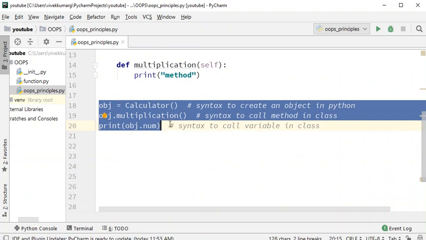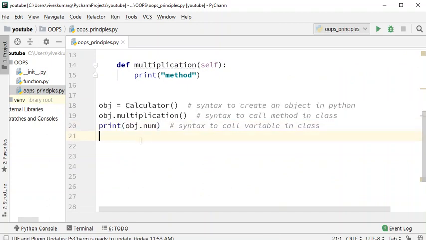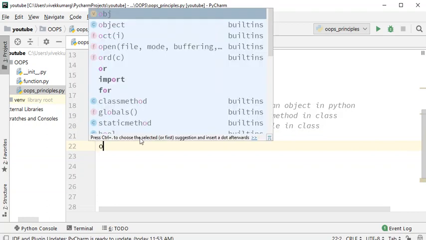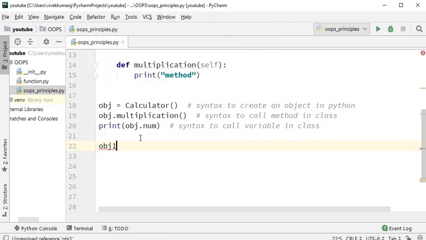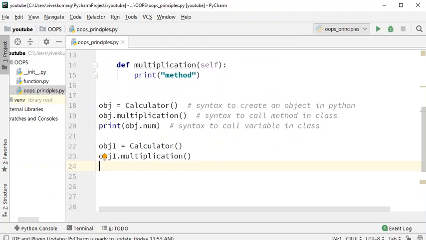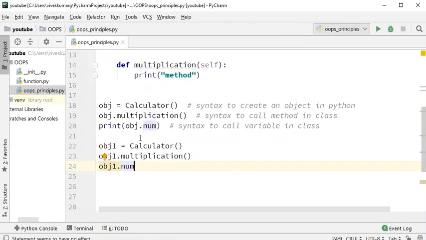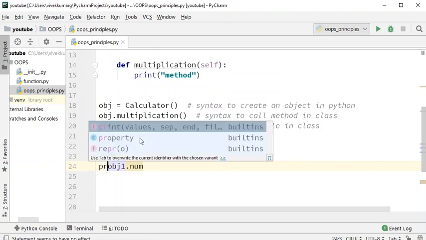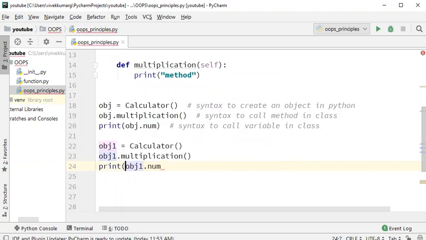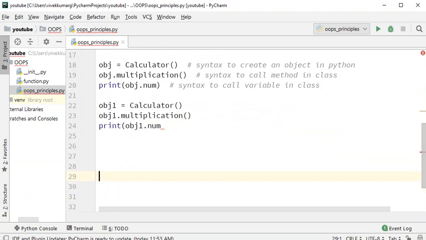Class variable will be constant no matter how many objects you create. For example, tomorrow if I go and create one more object, you can create a number of objects within this class, right? So you say obj1 equals calculator, and then obj1 dot, you can call this method, and then again obj1 dot, you can always call the variable as well, and then for our output purpose, let's print this and see.